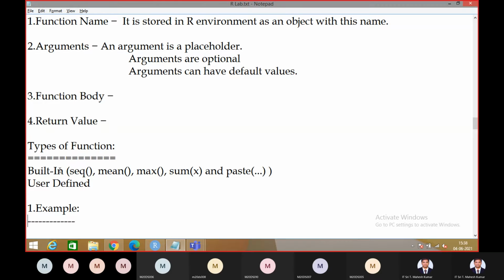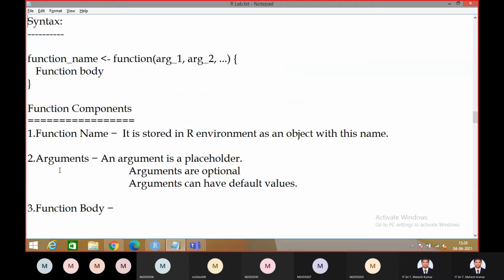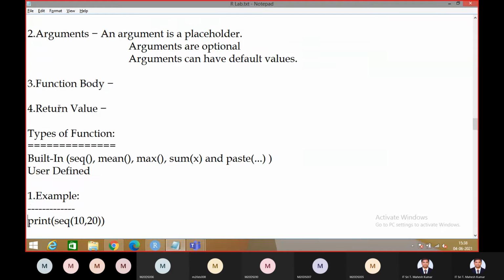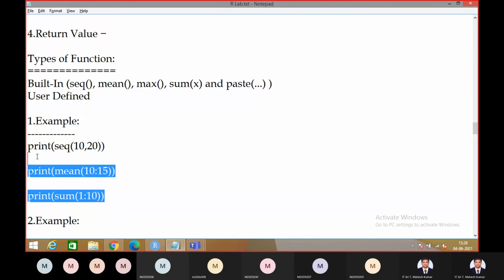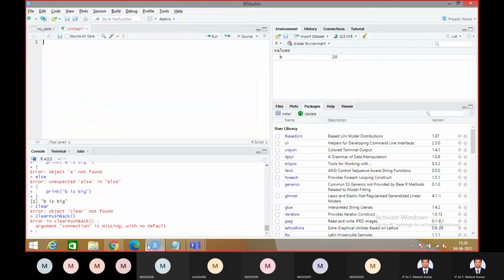And a user-defined function means that with the help of the above syntax, you create your own functions, right? So here I gave some examples. See here, I used sequence. When I gave 10, 20, it is going to display from 10 to 20. Okay, so here I'll execute. See here.